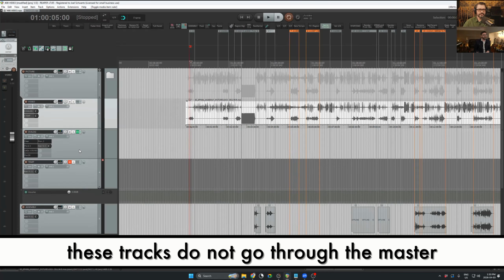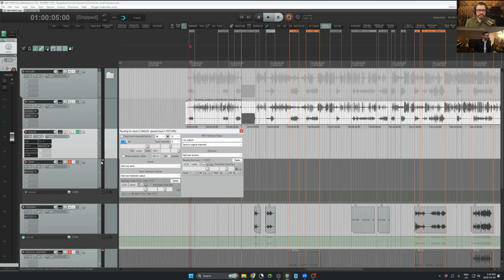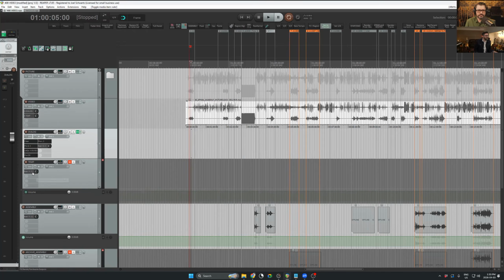Exactly. In my case, those are then being routed to my total mix, like my RME. Dialogue is being sent to 13 and 14, and temp audio is 11 and 12. Those things are specific to your setup, but for someone that doesn't have a multi-channel interface, these could just go to 1 and 2, and this is something you would have to make sure is bypassed or muted when you actually render out